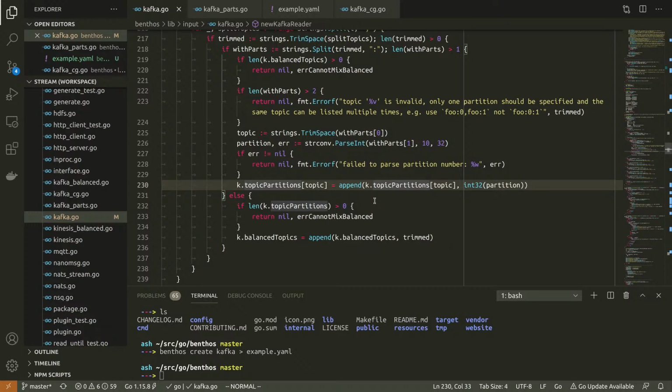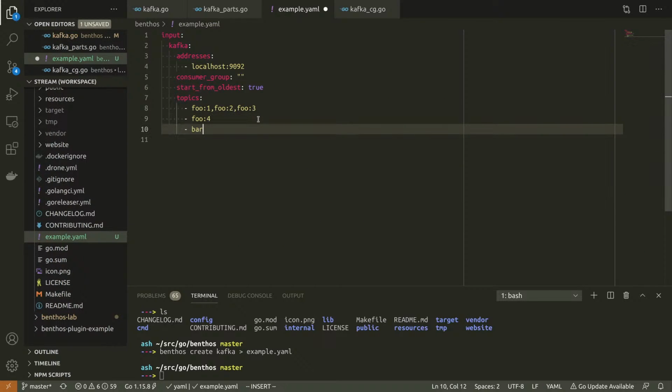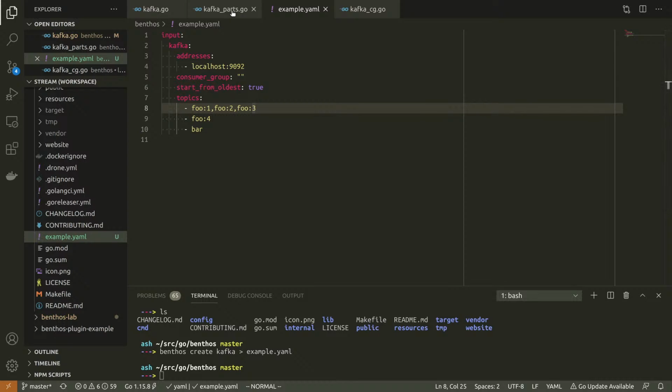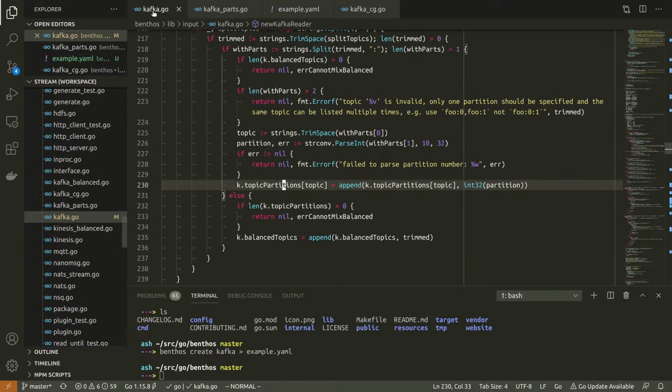And you can't mix these right now, so it would be invalid for you to do something like this. And the reason for that, again, is just laziness, and I think that most people would want one or the other. They either want to balance partitions automatically, or they want to consume from explicit partitions. So I figured it's easier for me to deal with a world where we're doing one or the other, so I'm just going to enforce that for now.